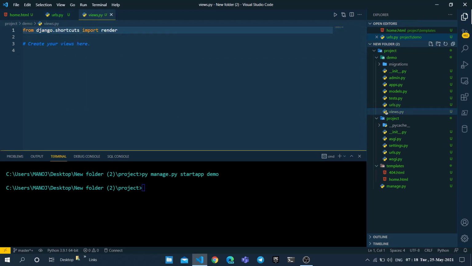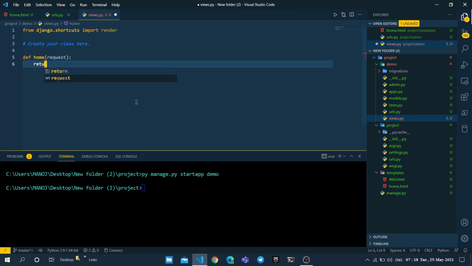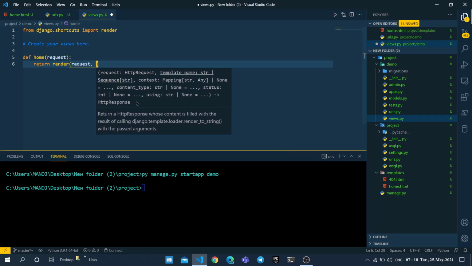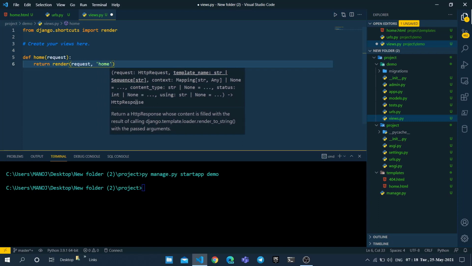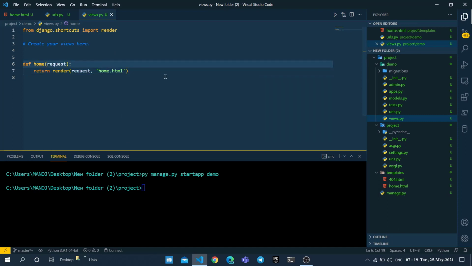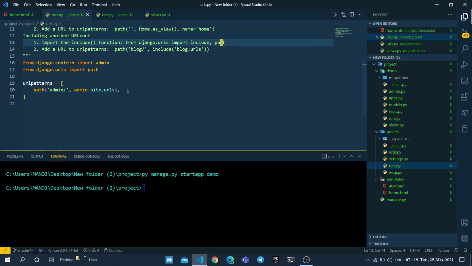So go to the views.py file and let's write a home view. def home of request and return render of request, comma, in single quotes home.html template like this.